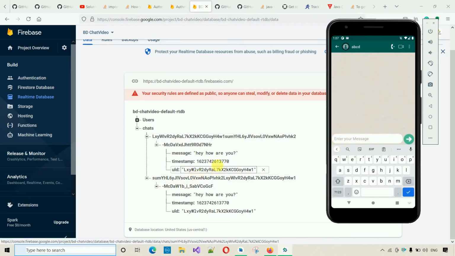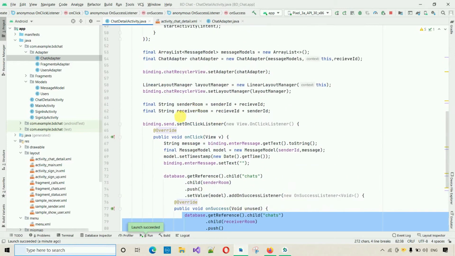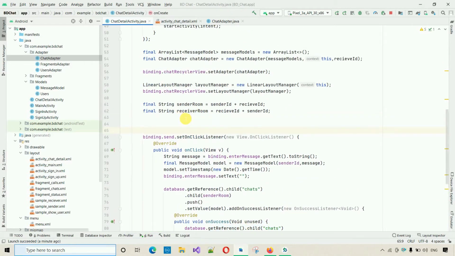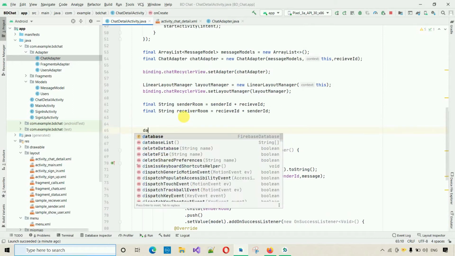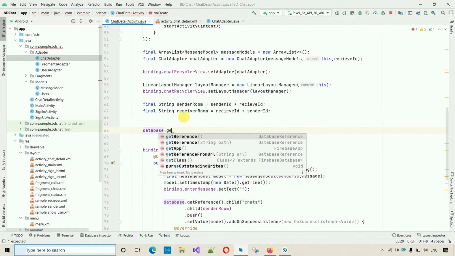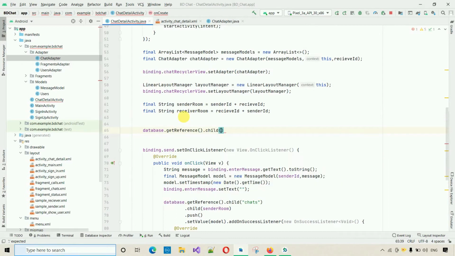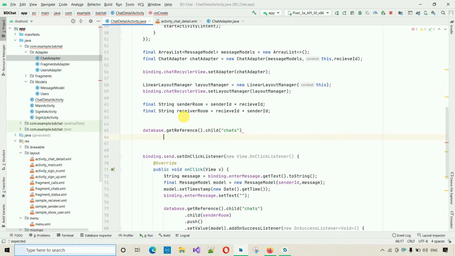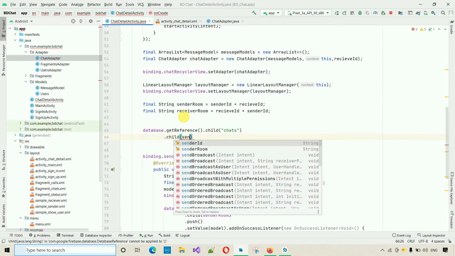Next thing we have to do is fetch this message and show these messages over here in the different views. We will need to filter which message is sent and which message is received at the receiver end. So if I move back over here and make some space, first thing we have to do is, we already have the database instance. So database dot get reference dot child, and from where we need this, from chats, and dot child, and here we have to pass the sender room